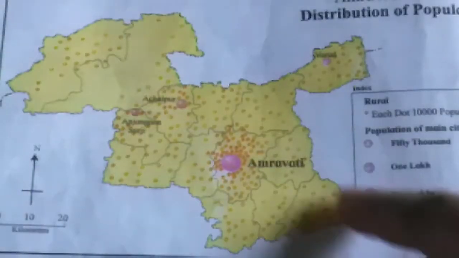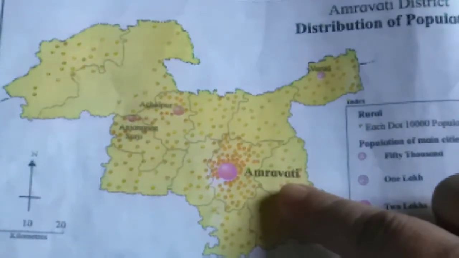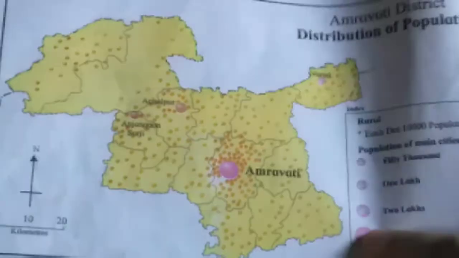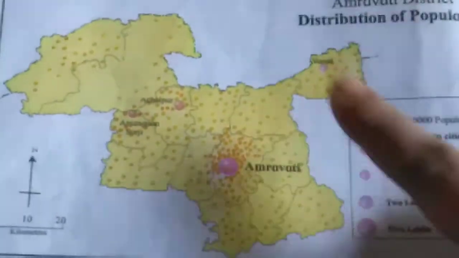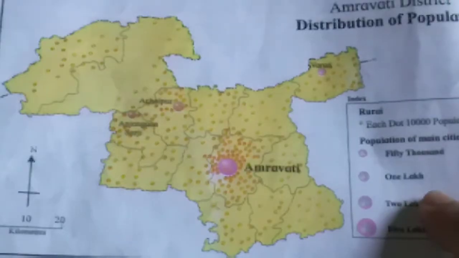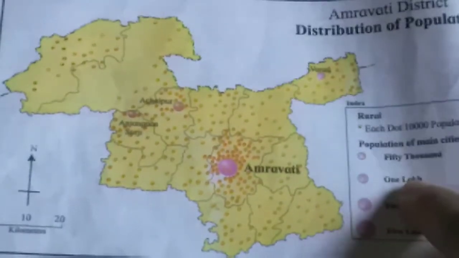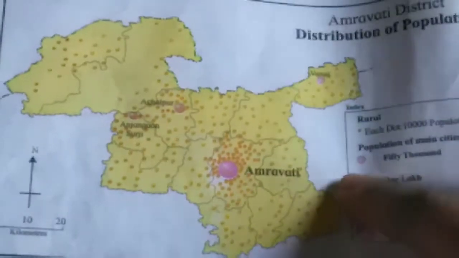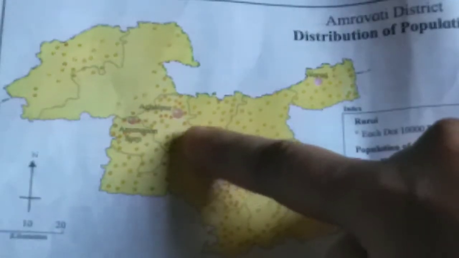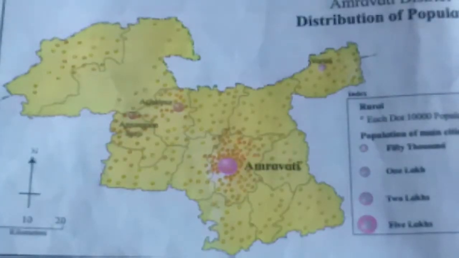Children, now see here. What is the population of the Amravati town? The population of Amravati town is nearly 5 lakhs. Can you see this? So this is 5 lakhs. Okay. Name the place having population of 1 lakh on the map. So you have to see 1 lakh population means here it is written 1 lakh, right? So this we are going to find here. So it is here. So that is Achalpur. So Achalpur has a population of 1 lakh.